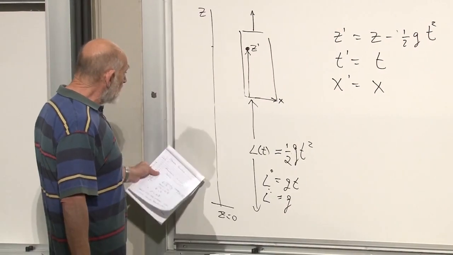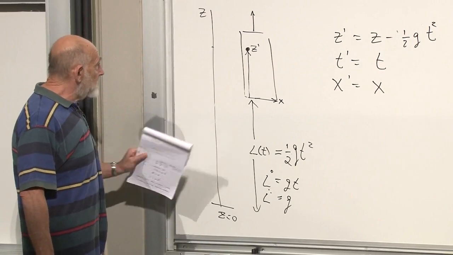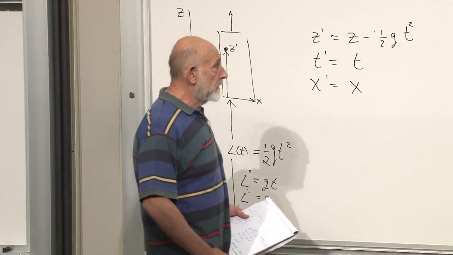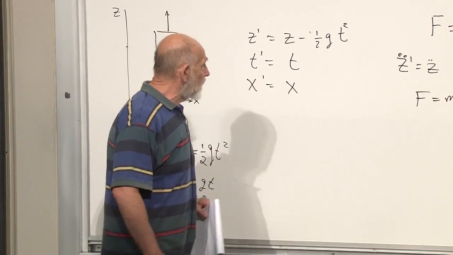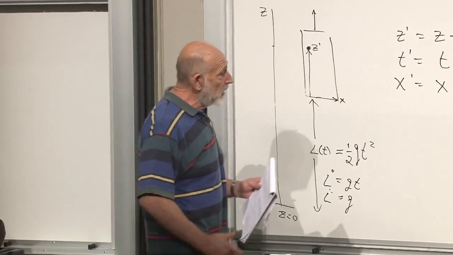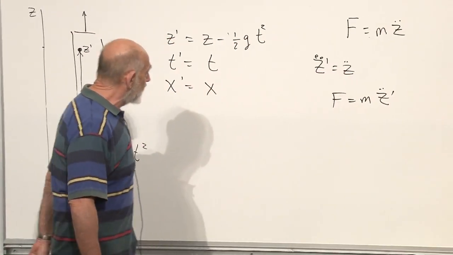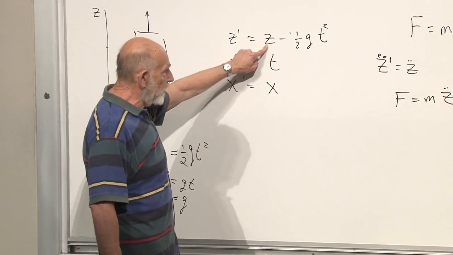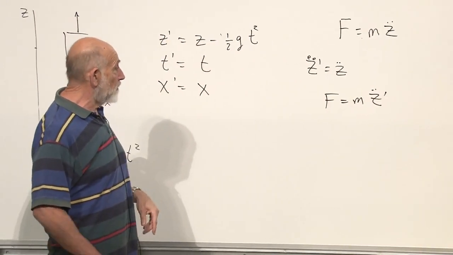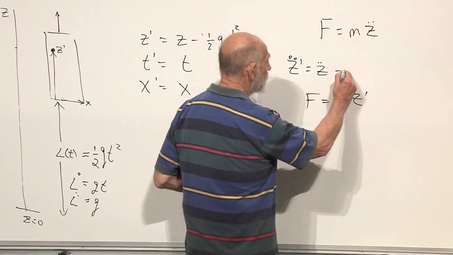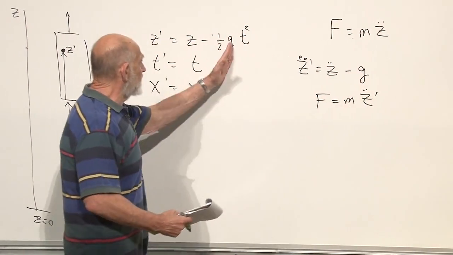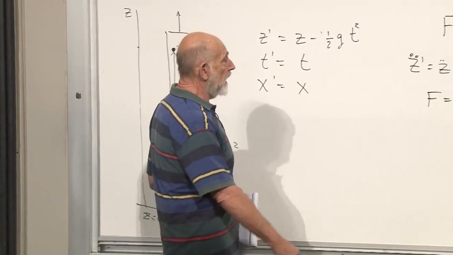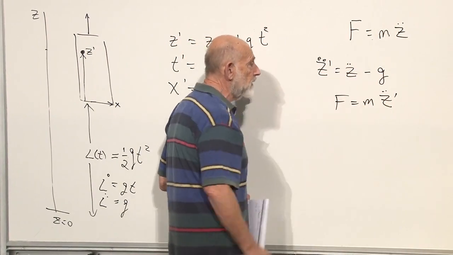I'll continue to assume that in the z coordinates here, the laws of physics are exactly what Newton taught us. Let's ask what the laws of physics are now in the primed frame of reference. We have to do this operation over again, but we know the answer. If we differentiate twice here, we get this thing differentiated twice, plus, or minus in this case, just g. The second time derivative of this is just minus g. All right, so the primed acceleration and the unprimed acceleration differ by amount g.